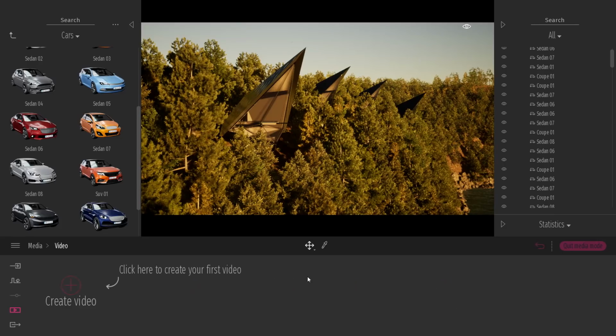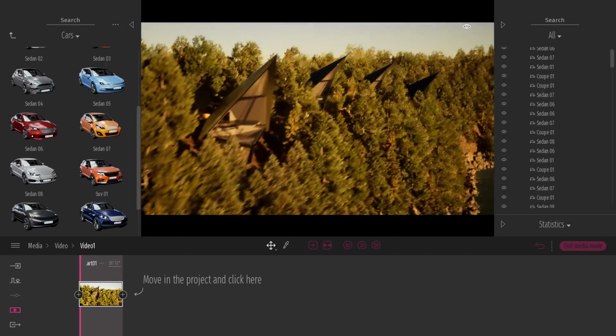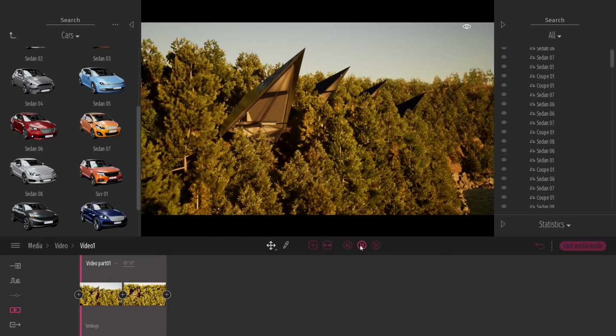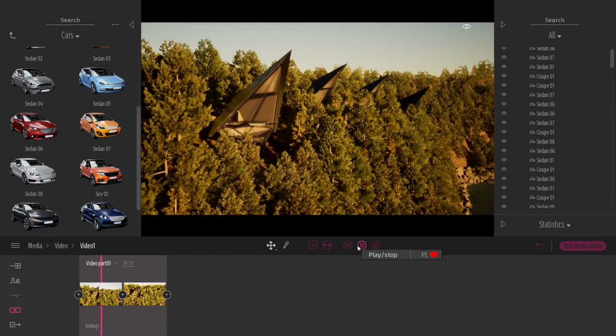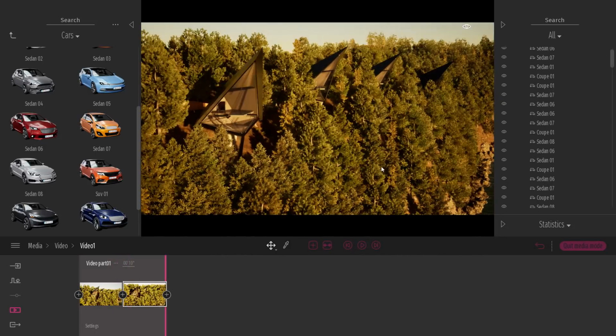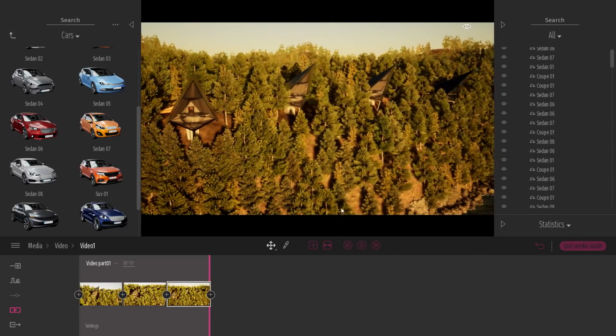Now in Twinmotion, you can also create videos. In this new version, we have simplified the way you create a video. And we have a lot of text that helps you to learn what you need to do. So when you click on the plus, it creates a first keyframe. This is the starting point of the video. Then you just move the camera inside the viewport. You click on the plus. Twinmotion creates automatically the animation between the first keyframe and the second one. If I want to add more keyframes, I will just keep my camera moving, click on the plus, and Twinmotion takes care of all the job.